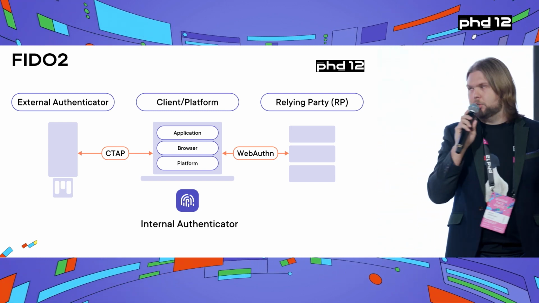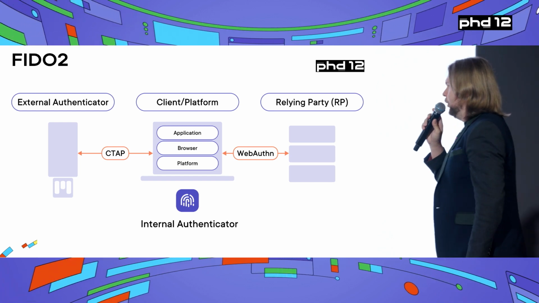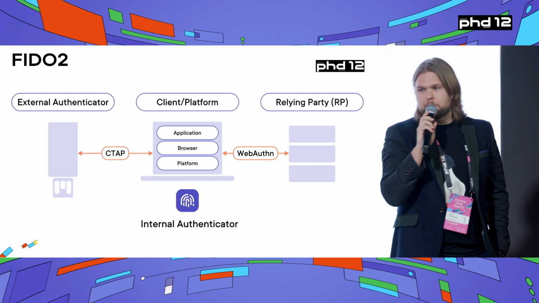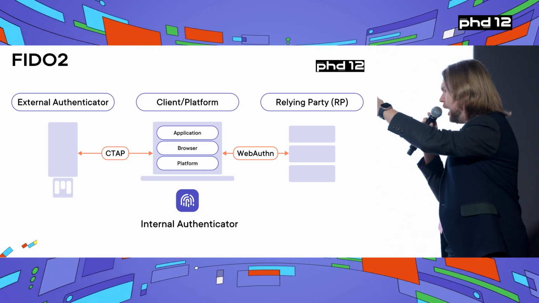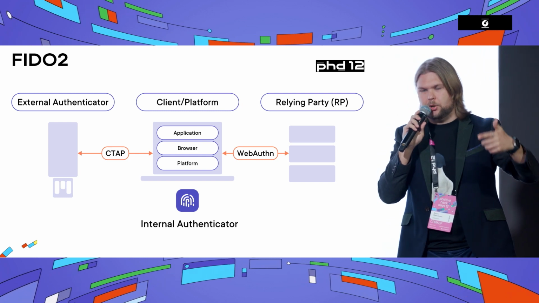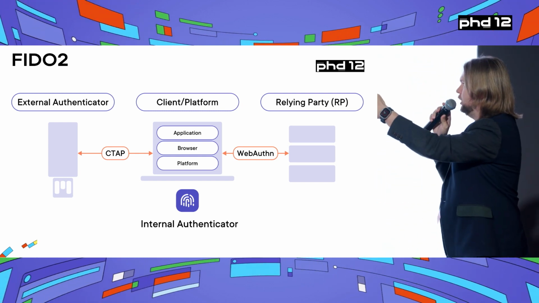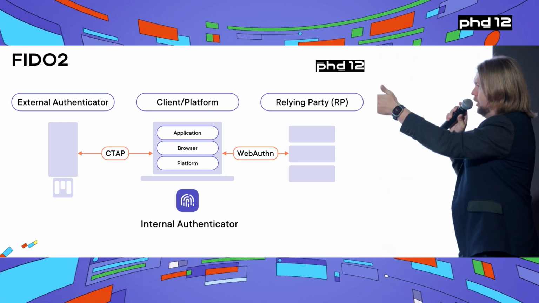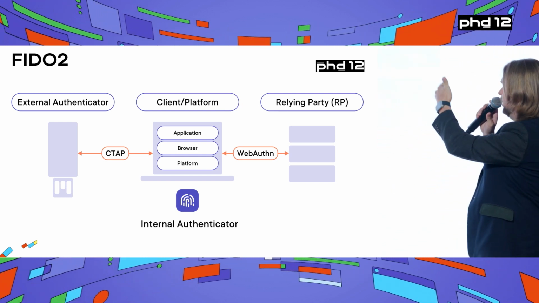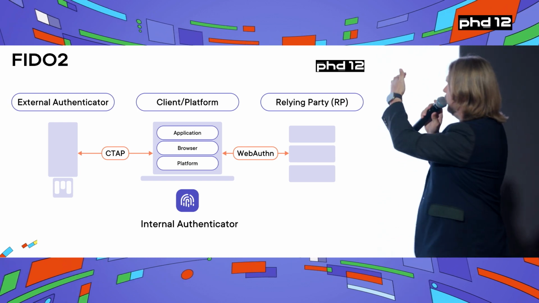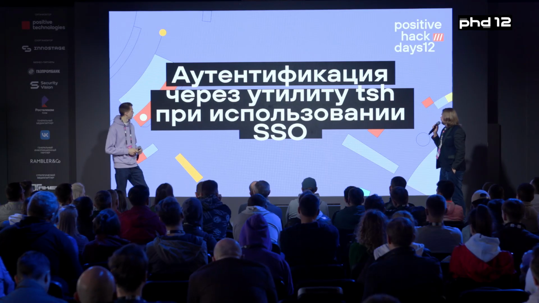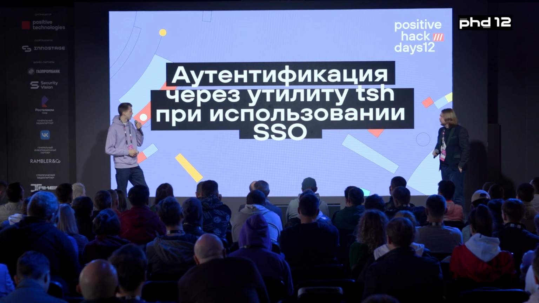The second part is the CTAP protocol, the client to authenticator protocol. That's a protocol which describes the specification of how an external authenticator, a certain hardware token, has to interact with the client in order to use the keys which have been stored there for authentication for a third party, or for instance on a website. Okay.